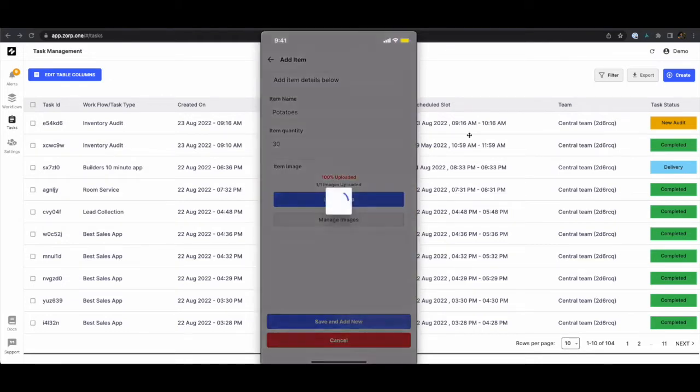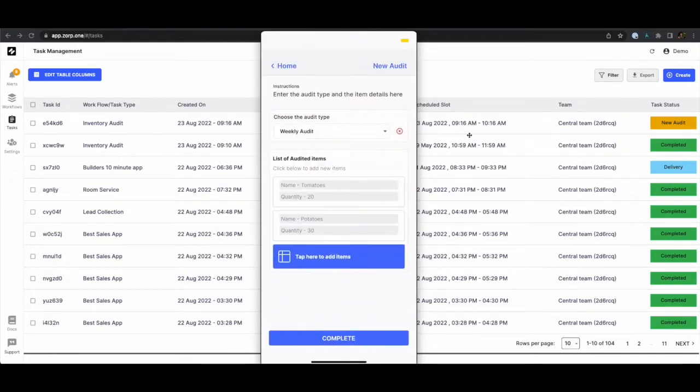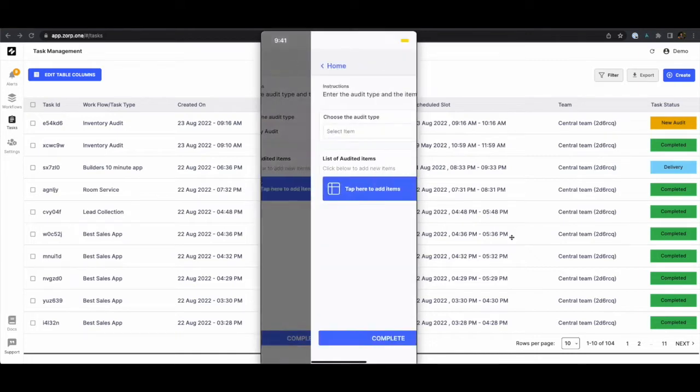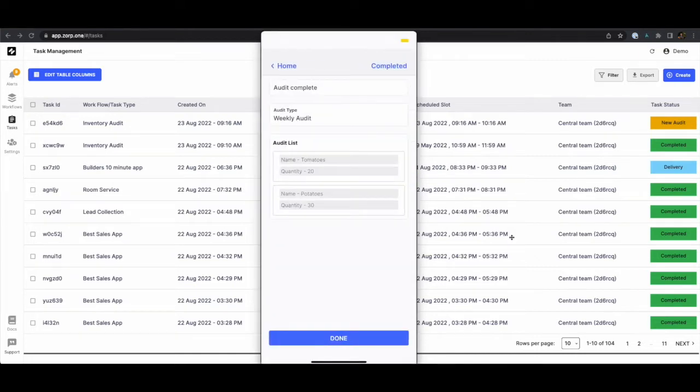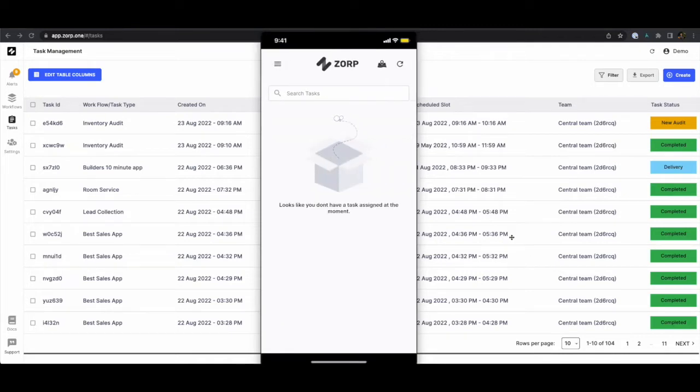So once I add a couple of them, then I can go back. My audit is actually complete. So once I've done my audit, I click complete to show all the items that I've audited before and click done. Very simple. So let's see how we can build such an inventory audit app in a matter of 5 minutes